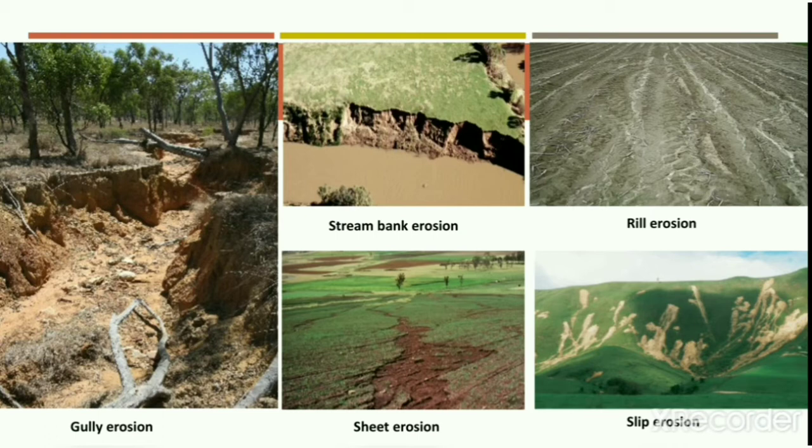The sheet erosion occurs when the water flows as a sheet over large areas, removing the entire topsoil. Under the stream bank erosion, the soil is removed either by the runoff flowing over the sides of the stream or by scouring and undercutting of soil below the water surface from the stream section. In the slip erosion, the entire field on the hillside may slide down due to the hydraulic pressure exerted by the moisture.